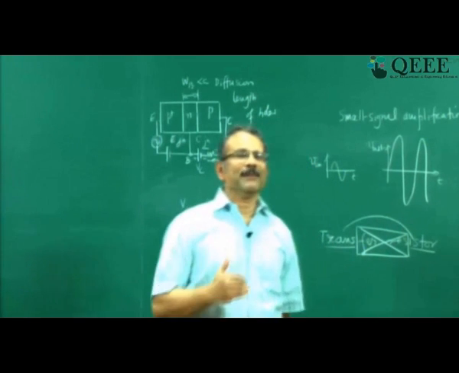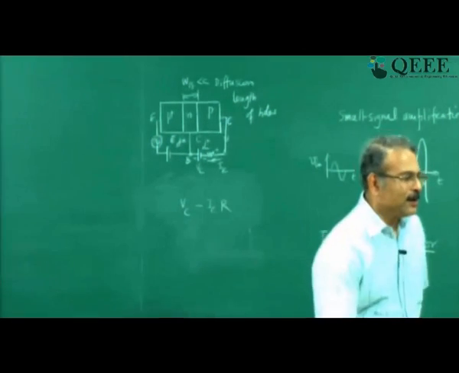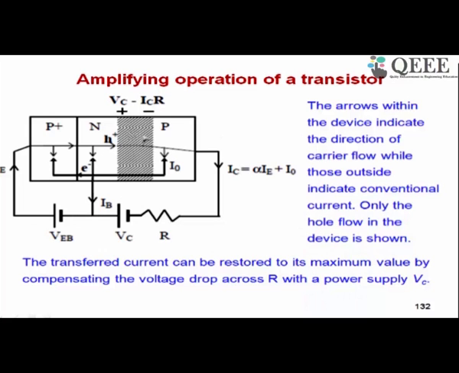I am okay with accepting a reverse bias because, as shown here, if the collector to base junction is reverse biased, the only addition to the current is the reverse current of the diode. We had discussed the reverse current of a PN junction in reverse bias. That current is really very small, so it does not affect your collector current. Your current is now alpha IE plus I naught, and this I naught is very small, therefore IC is approximately alpha IE.